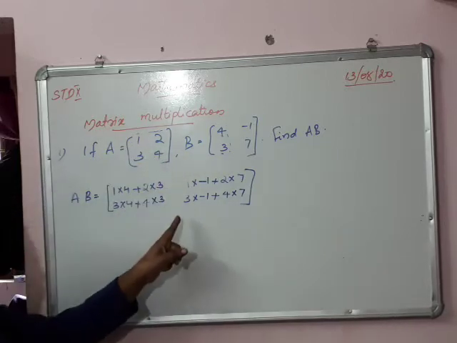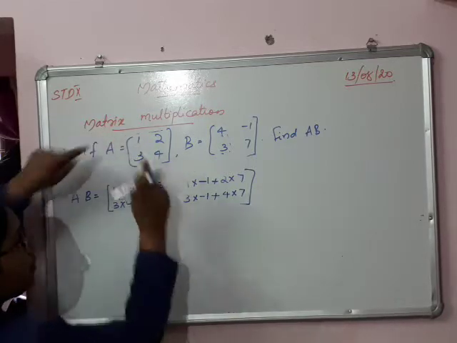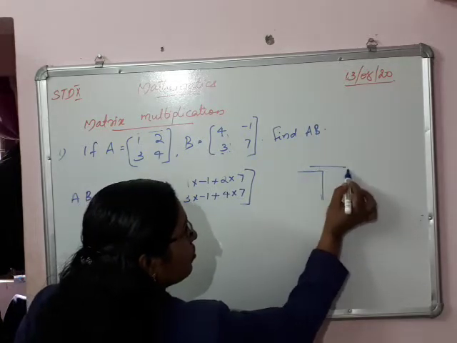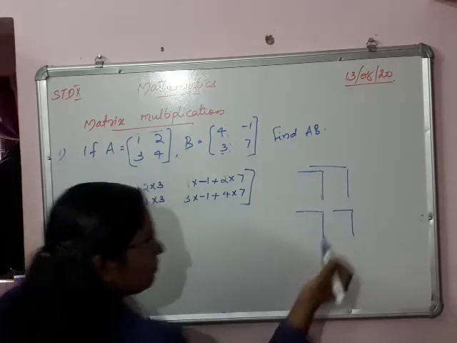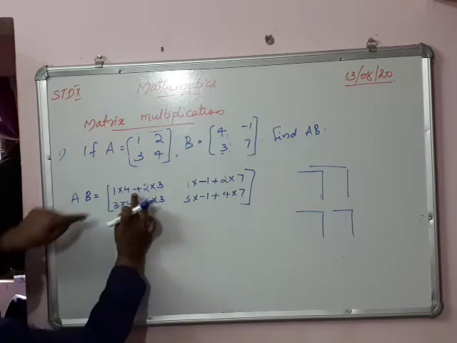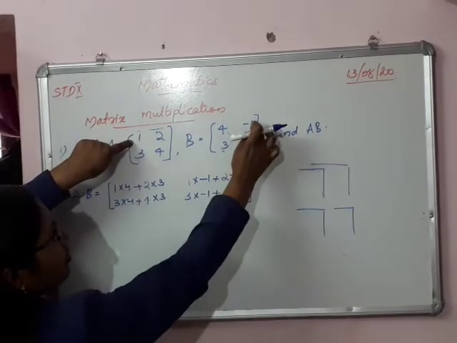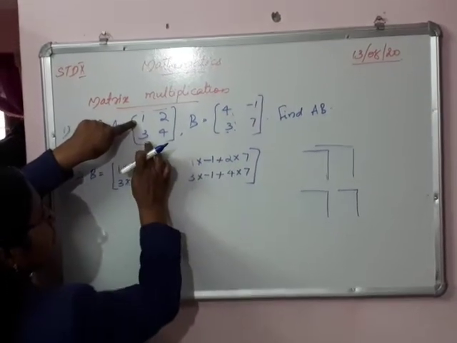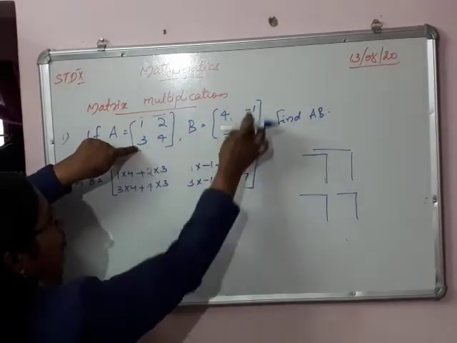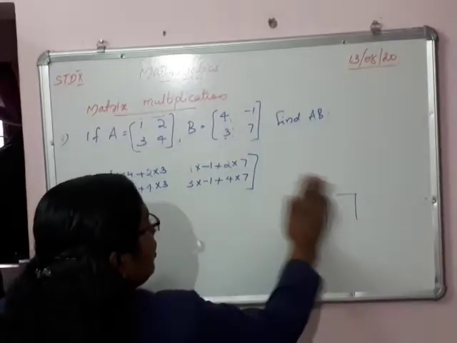That is the method of multiplication. Don't multiply element by element together. That is wrong. Listen to me once again. You always check it is in the shape of 7. That is row, column. Row, column, row, column. First row, first column: that is the first element. First row, second column: that is the second element. Then second row, first column: that is the third element. Second row, second column: that is the fourth element in the case of a 2 by 2 matrix.